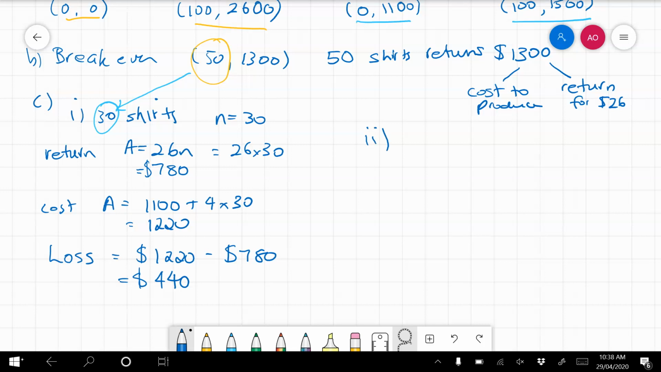sell, what was the other option? Number 2 option is if we make 110 shirts. All right, so now we should be making a profit because we break even at 50. So let's see whether that's true. A equals 26 times N. And that will give me my return or my profit. It's not really profit, it's how much money I get back. And then the cost is going to be equal to